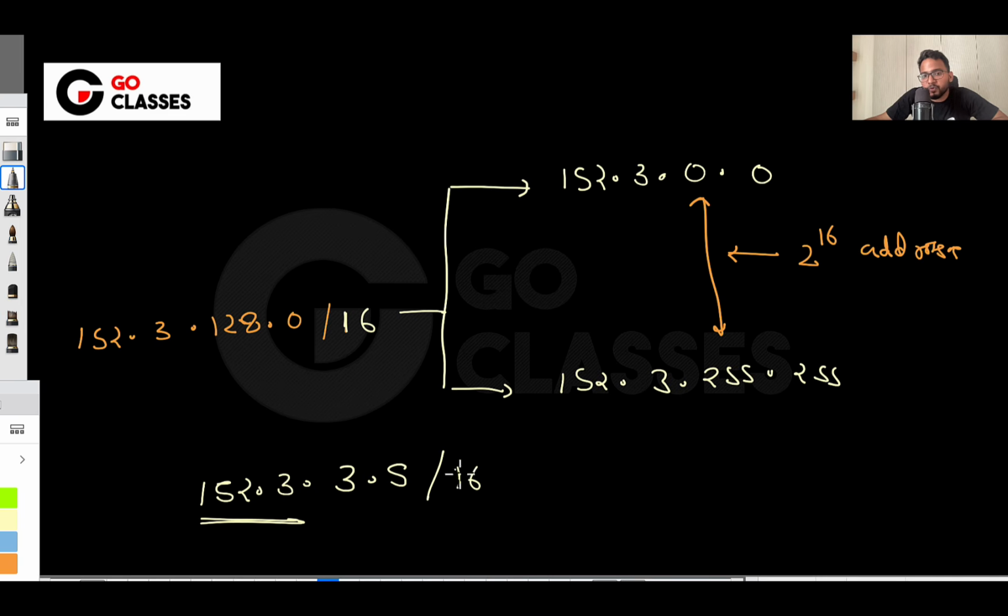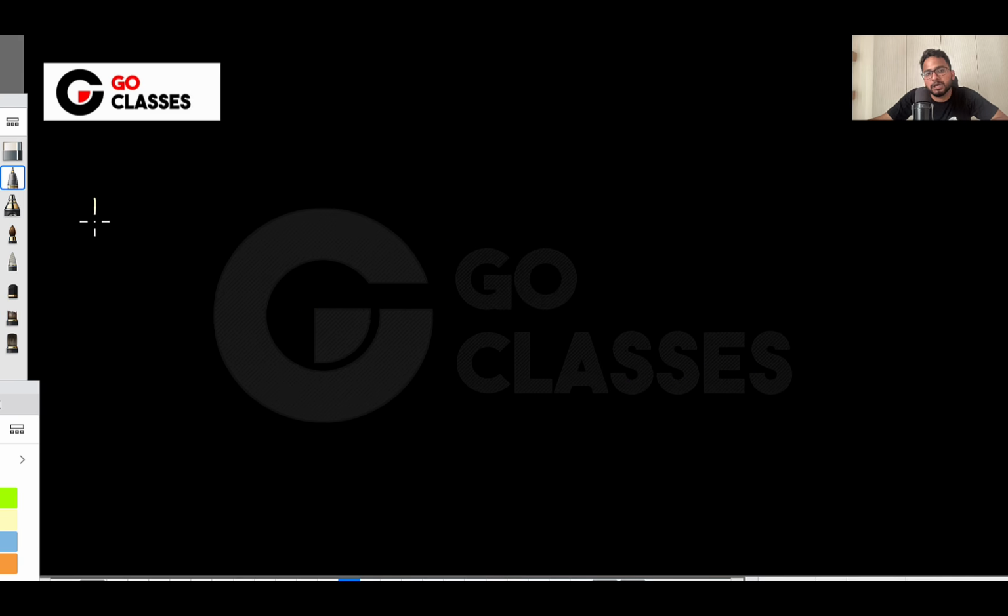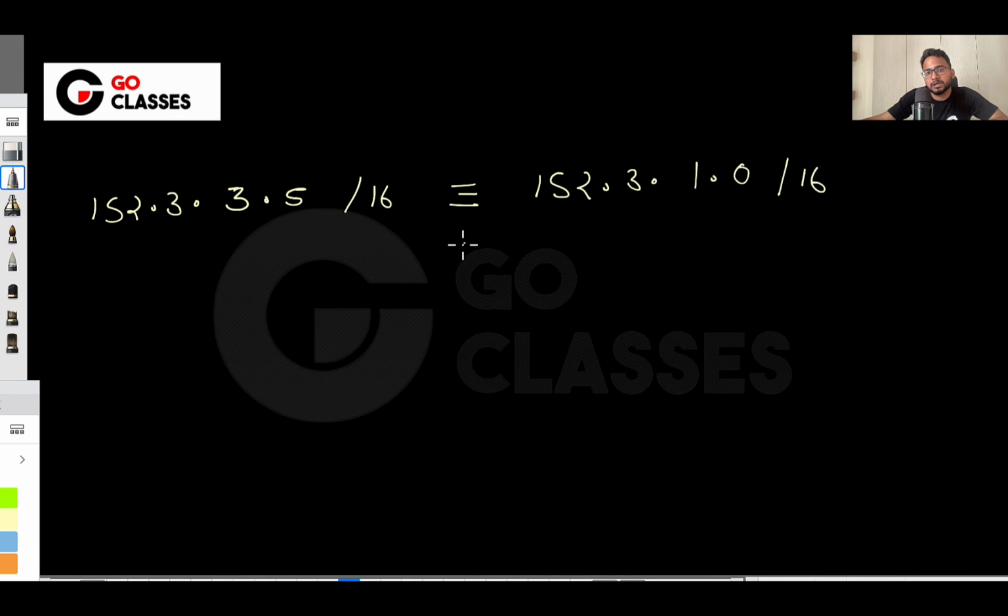So if you decode this address also, or if you decode this network also, then you will be getting the same range, right? I mean, 16 bits are fixed, then put all zeros and then put all ones, then you will be getting the same addresses. So as long as this is 152.3, and it is slash 16, as long as these two are fixed, then you put anything here, 3.5, which is same as 152.3.1.0 slash 16, which is same as 152.3 and then you can write anything here, .0.0 slash 16, which is same as